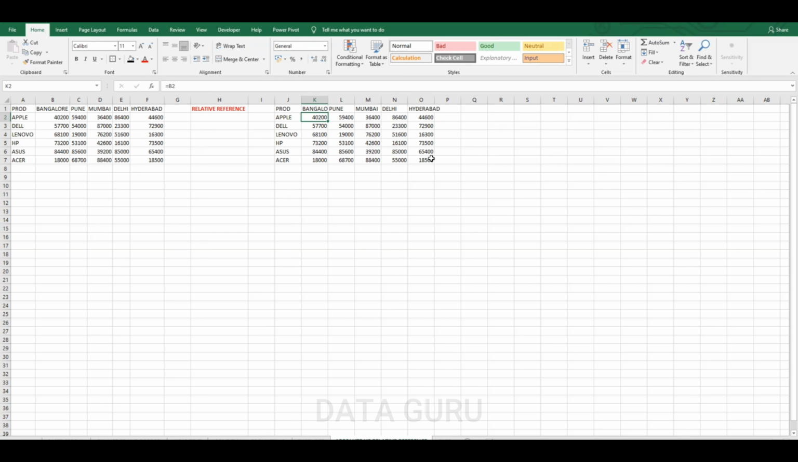Yes or no? What will happen if you drag this further down? It will say 0. Why will it say 0? Because the next cell reference, B8, is nothing. C8 is nothing. D8 is nothing. E8 is nothing. F8 is also nothing. Does it make sense? Yes. This is called